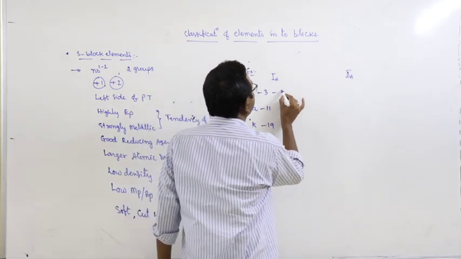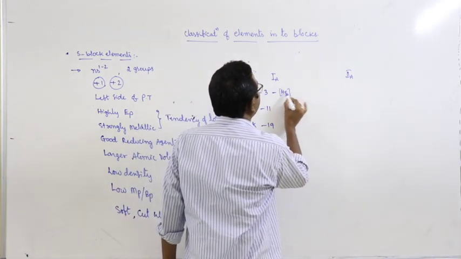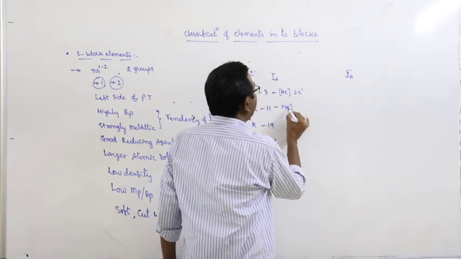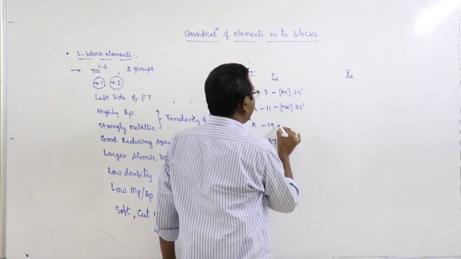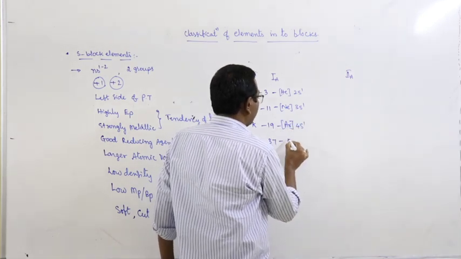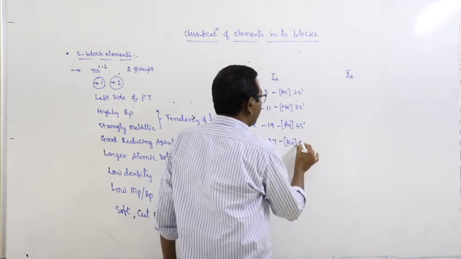And the electronic configurations: helium 2s1, neon 3s1, argon 4s1, krypton